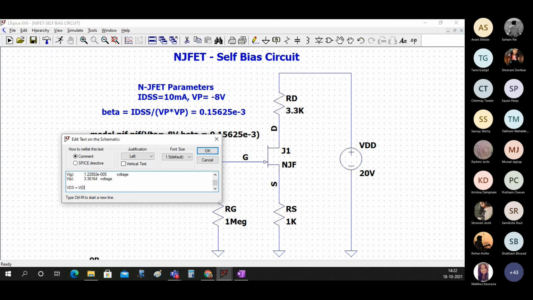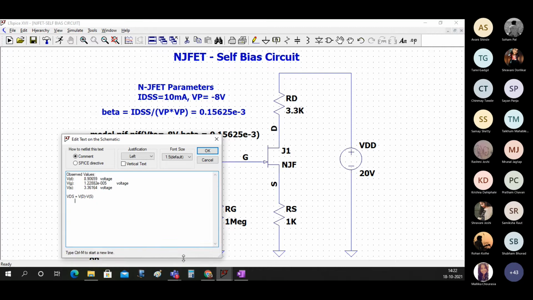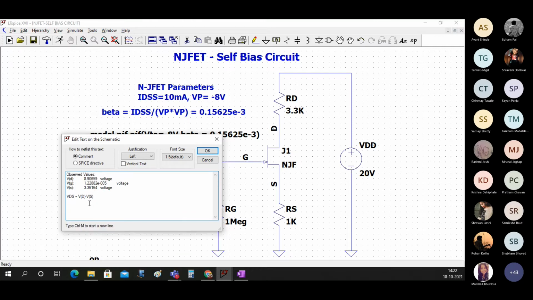V of D minus V of S. V of D is 8.90659 minus V of S, which is 3.36164.